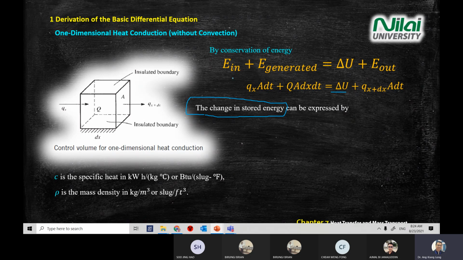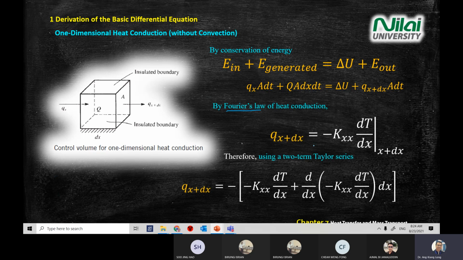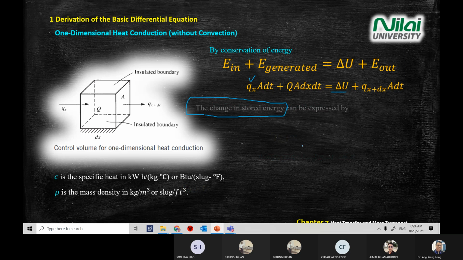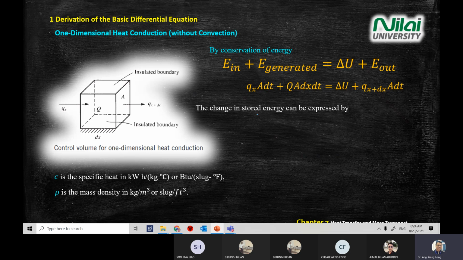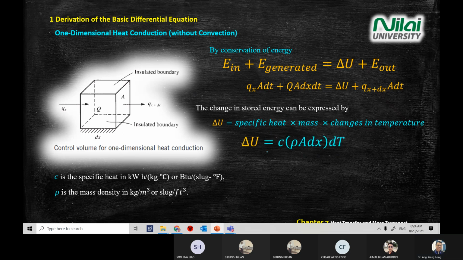Okay. We already explained how to find Qx, right? There's an equation minus Kxx. If you need to find the Qx, you use this equation, minus kxx dT over dx. But for the right hand side, you use this equation. Now we look at delta U, which is the changes in stored energy. How do you calculate delta U? You take specific heat times mass times temperature change,